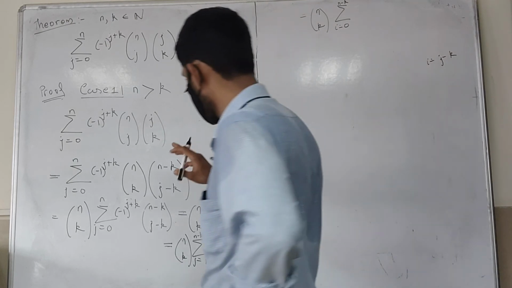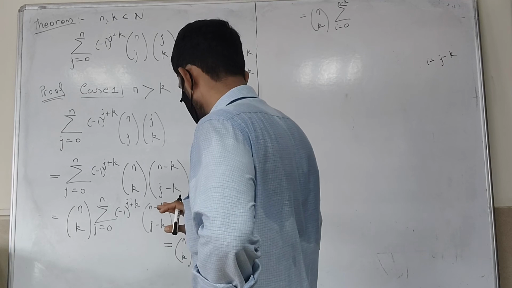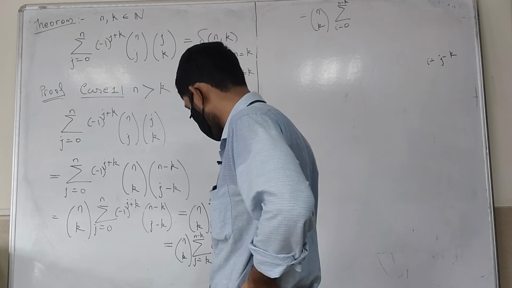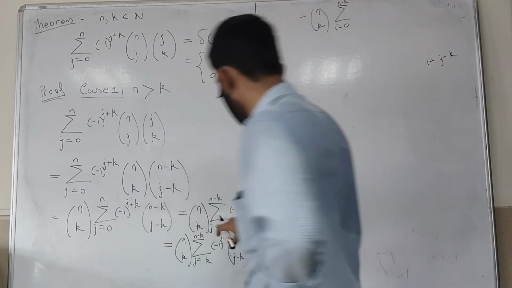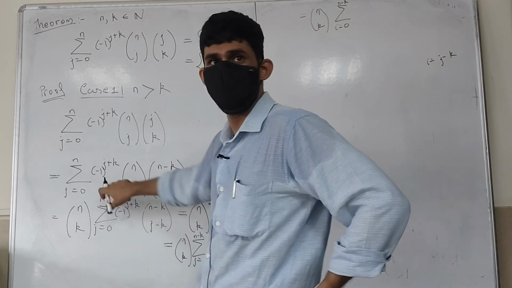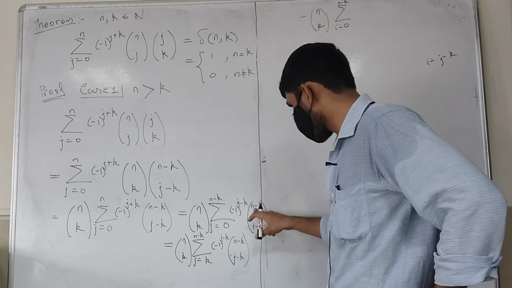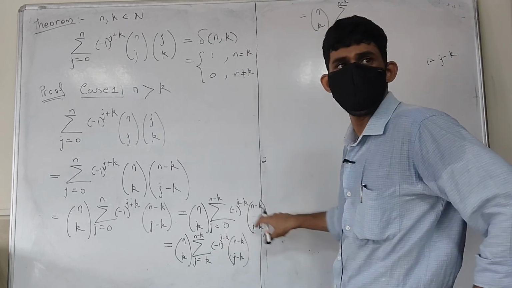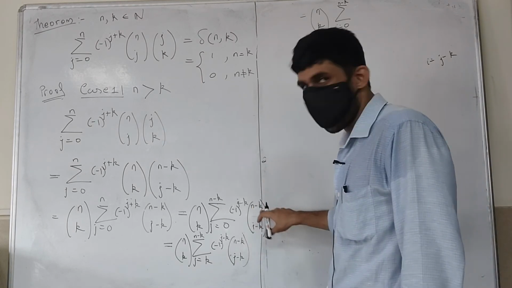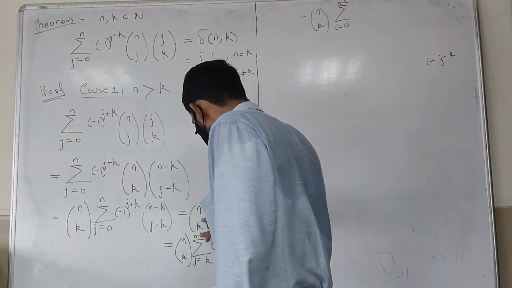Have I made a mistake somewhere? Oh, I made a mistake, right? Here you can't reduce. This never becomes negative. From 0 to n, this doesn't become negative. I don't know why I said that. This is j minus k, right? I somehow put it here for some reason. I was looking at k as j, that's a mistake. So this is n itself. This is also n itself.